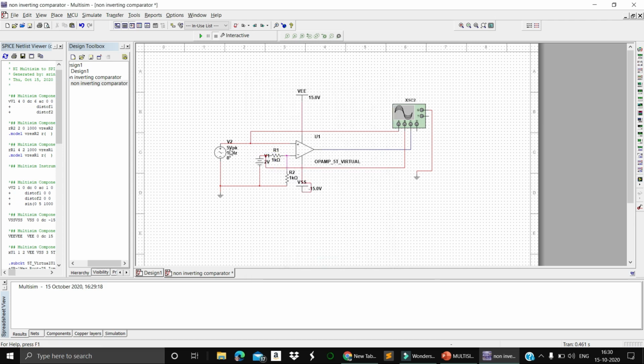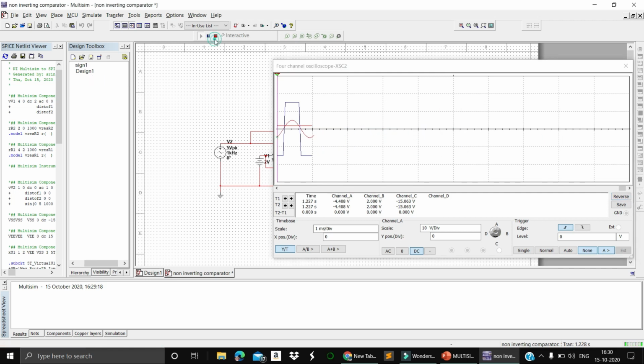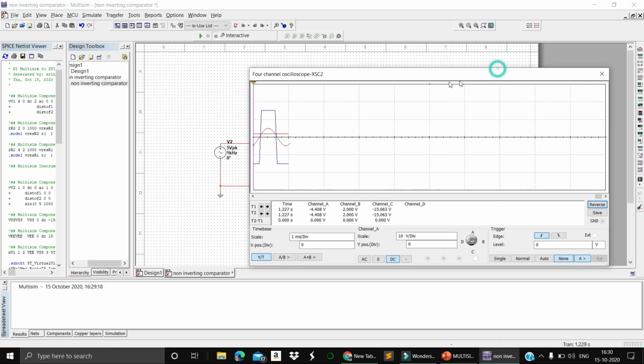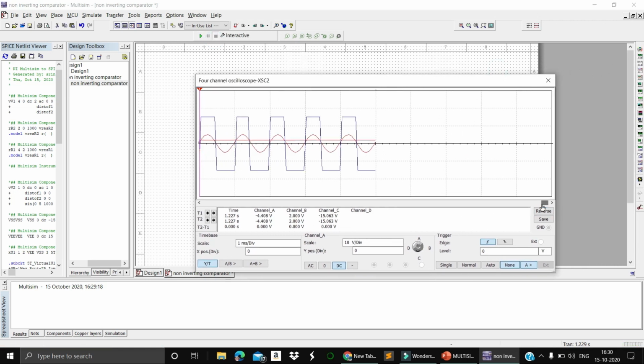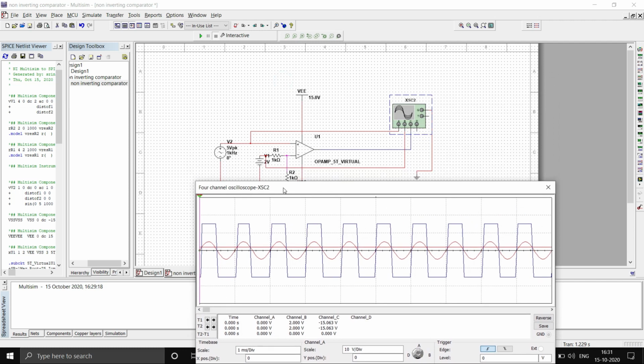Now the input is 5 volts and the reference is 2 volts. In such a case, what output will we get? Let me check. Click on run, then double click on the oscilloscope. You can clearly observe, and I am scrolling a little to understand better. Here my input voltage is 5 volts and my reference voltage is 2 volts.